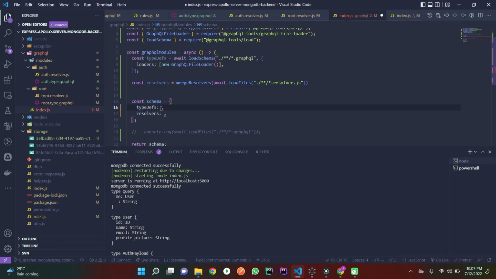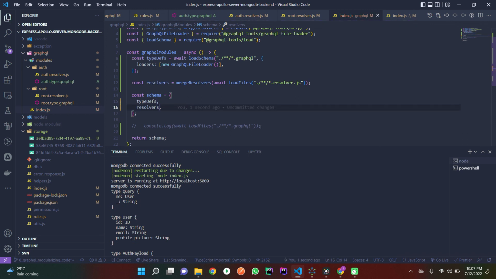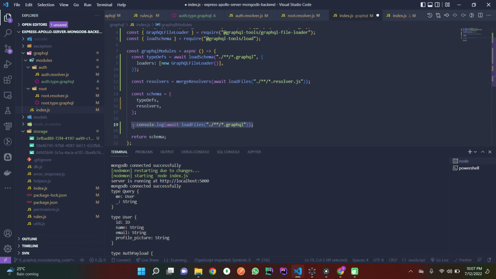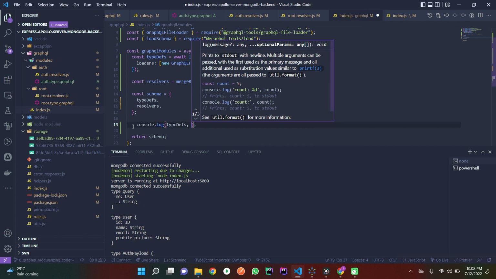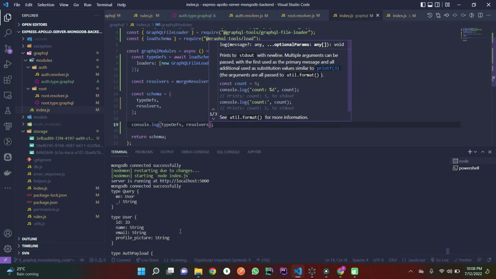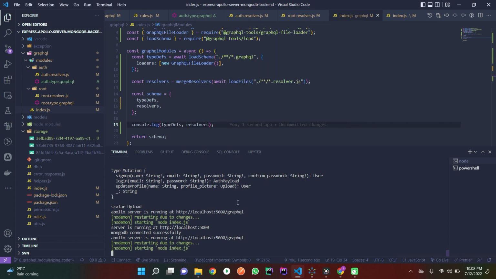Okay, typeDefs and resolvers. If I uncomment this, and console these typeDefs and resolvers out,